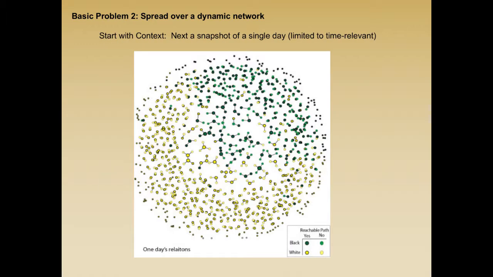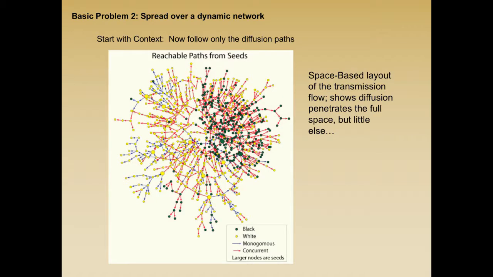Instead, what we like to do is find some way to really focus in on the elements that matter within the setting. And so this was a disease simulation we did. And what we tried to do to communicate how this works was say, well, this is what the network looks like on a single day. And so this is a dynamic churning network. And what you see on any given day, there might be a few people that have a large number of relations, but most people have 1 or 2 ties in this set. But if you accumulate it over time, then you see lots of transmission in this network.